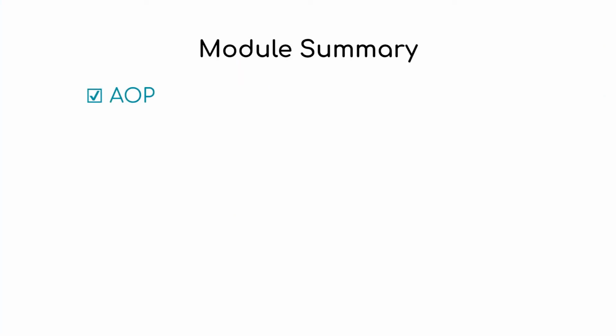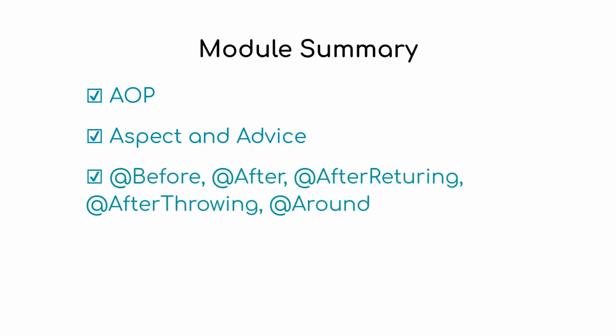We are now at the end of this module. In this module, we talked about aspect-oriented programming, and then we discussed what an aspect is and what advice is. We talked about before, after returning, after throwing, and around advice types. We have also seen examples of all of these types of advice, and then we talked about join point and pointcut. We have seen how a join point provides some critical information about the method signature.